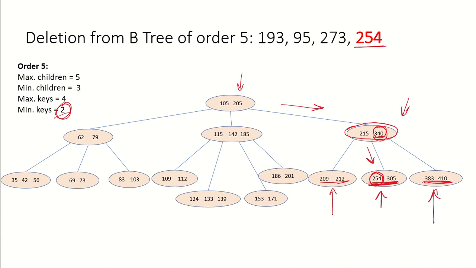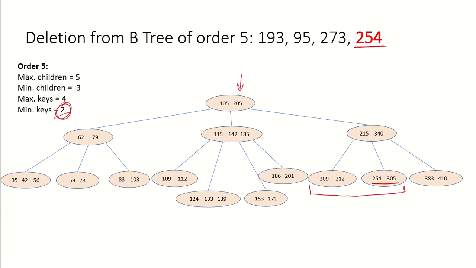So then how to handle such a case? When we come across such a case where the target node is not having more than the minimum number of keys and it cannot borrow from its left or right sibling either, what we need to do is merge the nodes. So either we can merge the target node with its left sibling along with its intervening parent. What will be the intervening parent? This 250. So either we can do this.